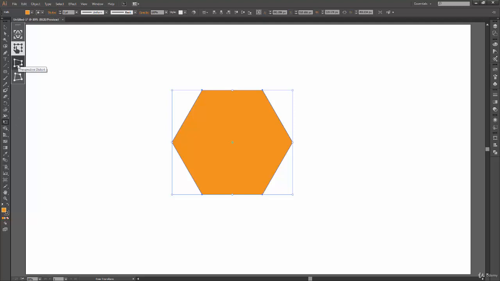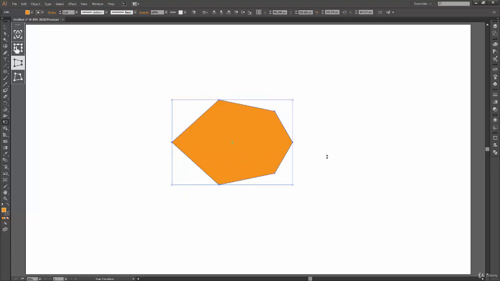And the next option we are going to see is perspective distort. So click on this one, and immediately you can see my bounding box has changed again, and all those mid circular points have disappeared. Even when I move to any of the corner points, my cursor changes to this perspective grid. So I can click and move my mouse in any direction to give a perspective kind of scale to my shape.